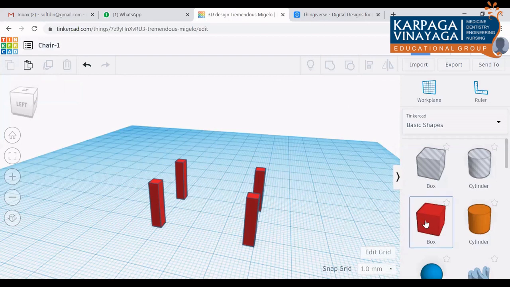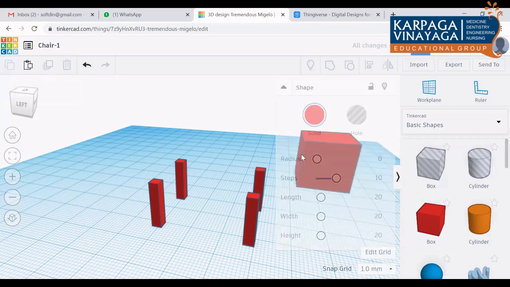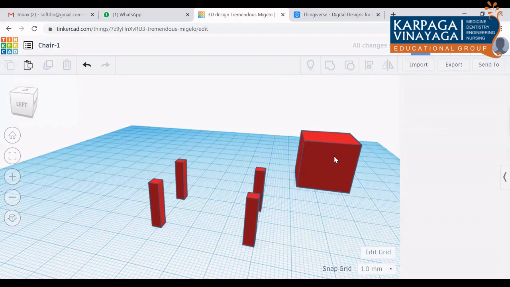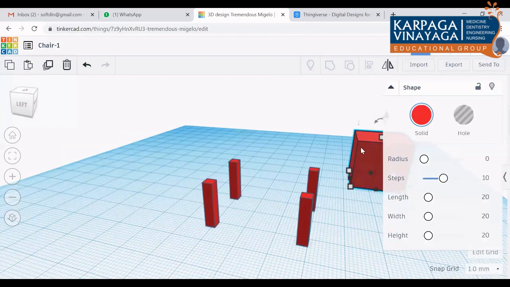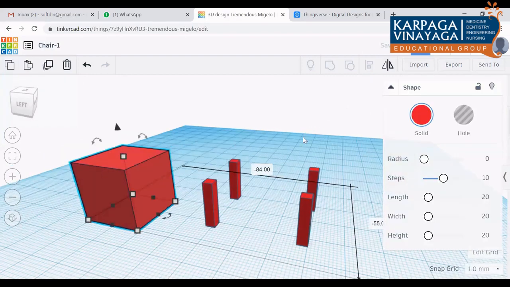Once it is done, then I am going for the seat of the chair. So same rectangle, can move anywhere. I am going to change the length and width of that. So what I am going to do is change the height.